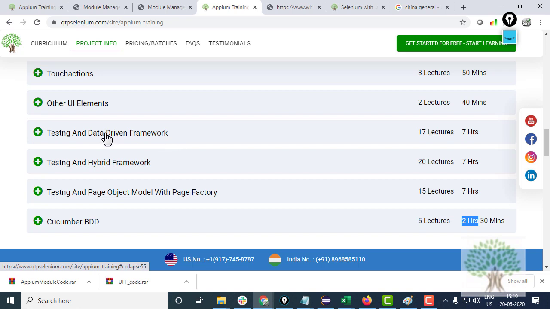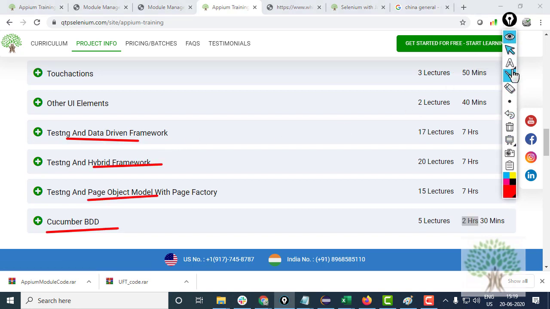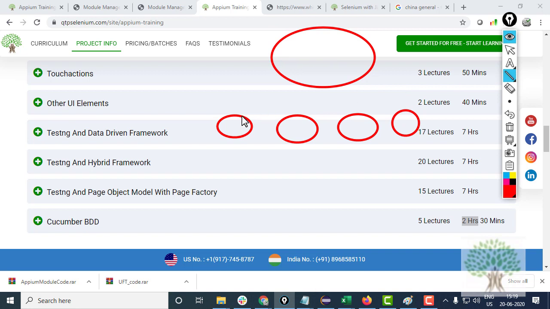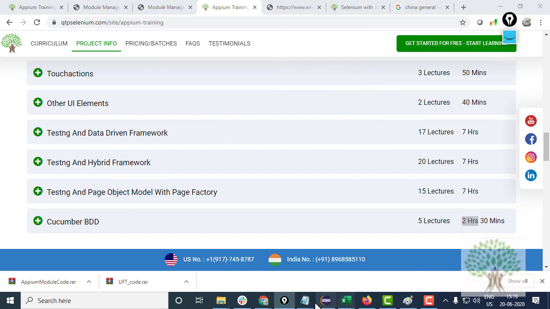Okay, so basically what is data-driven framework? In data-driven framework, we have different test cases, and all the test cases read the data from the Excel file and execute. In hybrid framework, the things are a little different. In hybrid framework, we have,